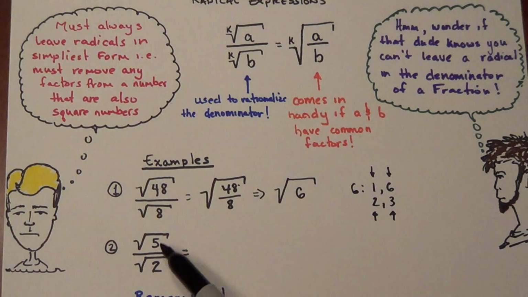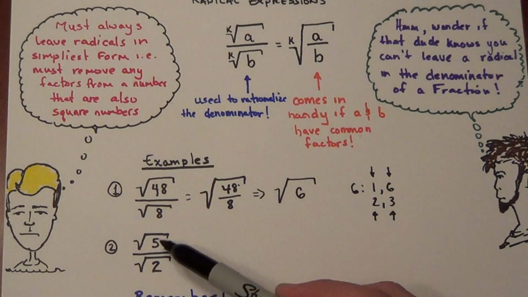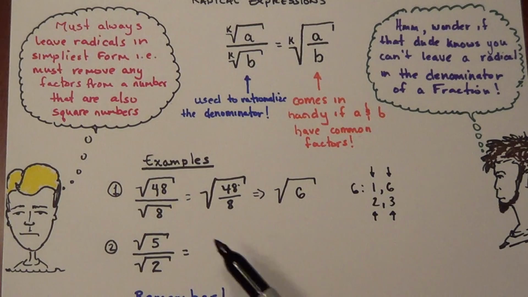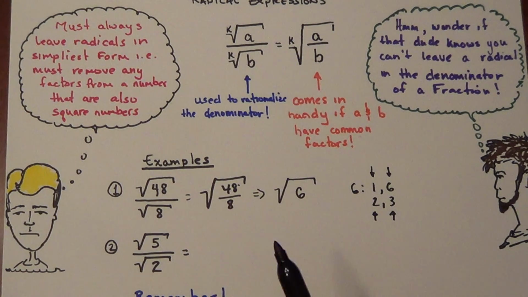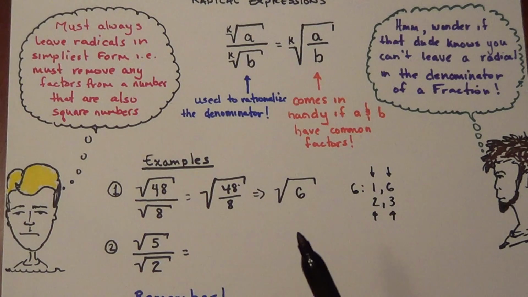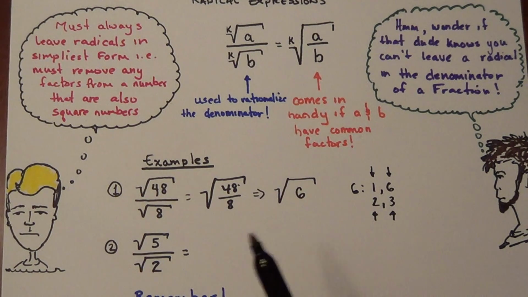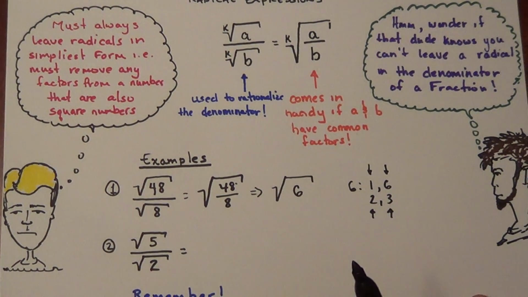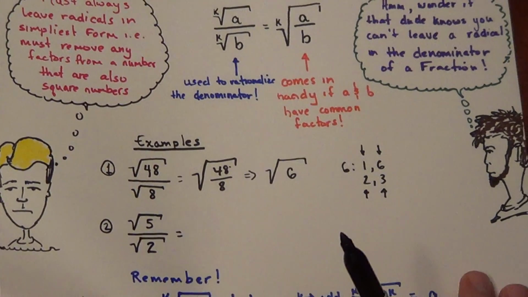Because if I take a look at the values, 5 and 2, which I could say 5 is A and 2 is B, 5 and 2 do not have common factors whatsoever besides 1, and 1's irrelevant in this case because it's not going to help me do anything. So what I have to do is something called rationalize the denominator, and the way I do that is I